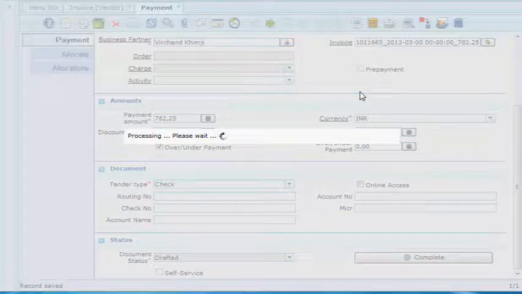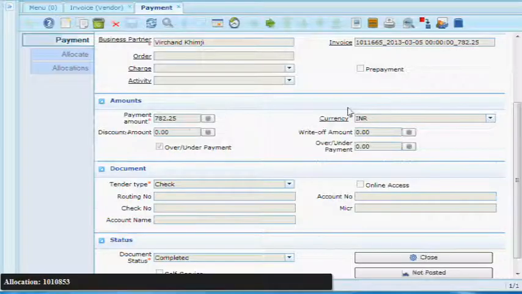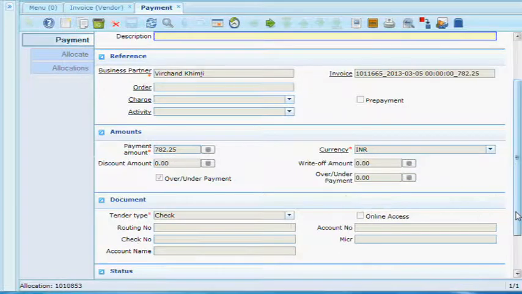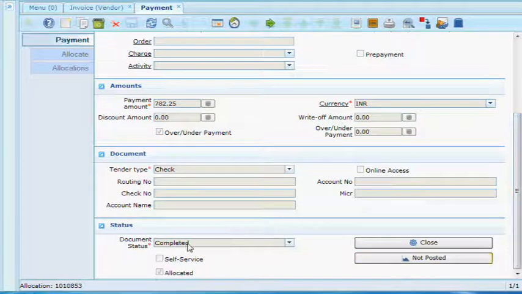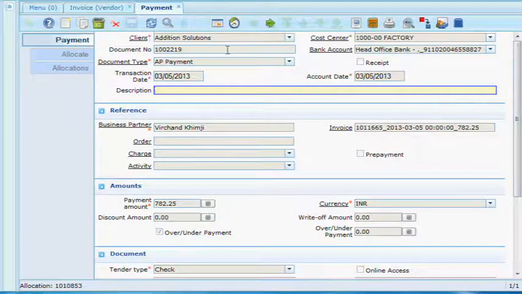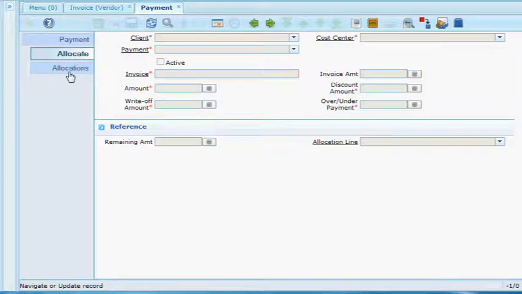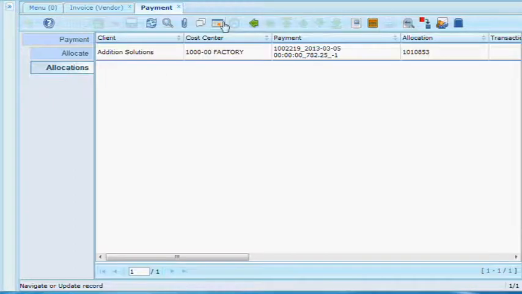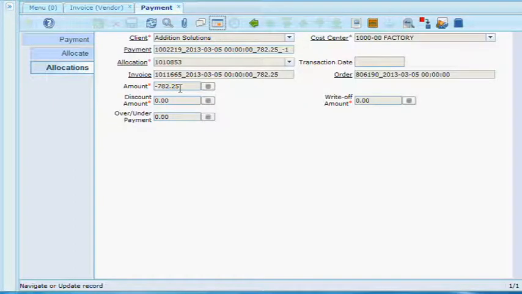Now once you click on complete, the amount will be deducted from the selected bank and paid to the vendor. Now let us check the allocations. Click on toggle.